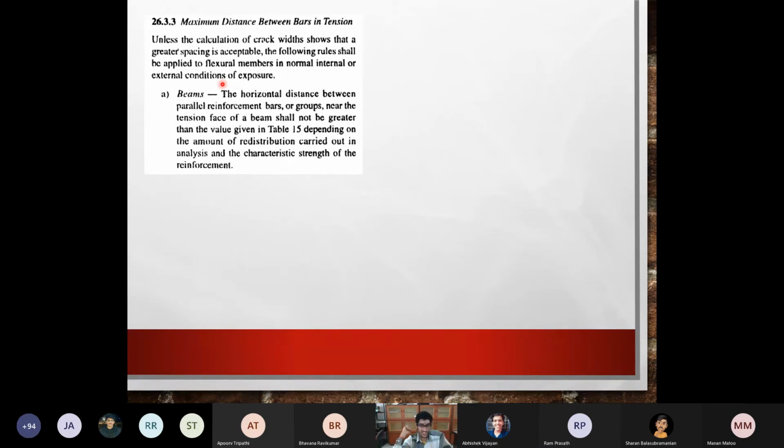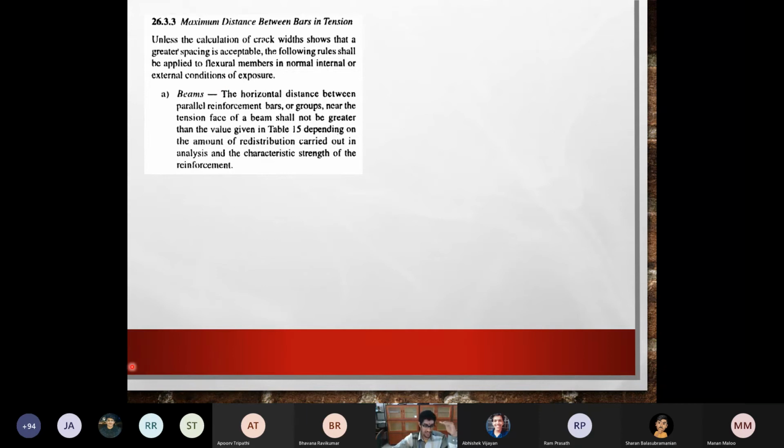Does anyone remember that picture? The crack will start happening at the bottom of the beam, and then it will slowly move upward. Generally what is observed is, if you have optimally placed reinforcement at the bottom, when this crack starts at the bottom, there is a good probability that the crack will encounter a reinforcement, because you have clear cover and the reinforcement is coming above the clear cover. So at the bottom of the beam, the crack will start.